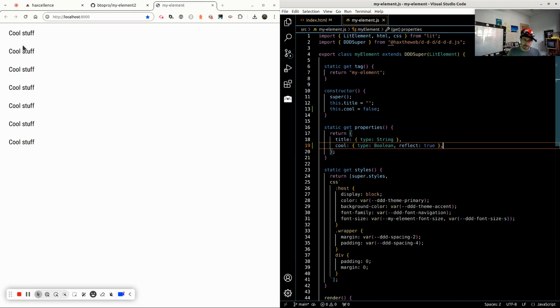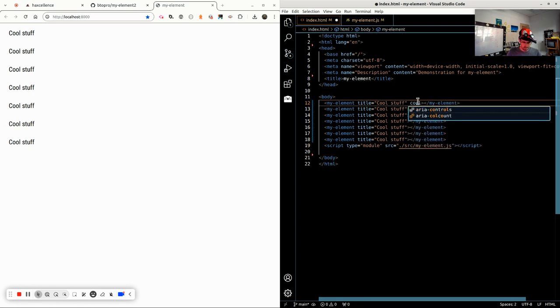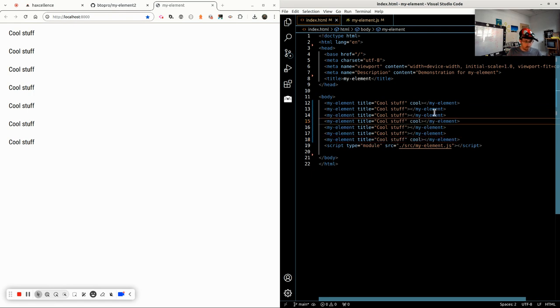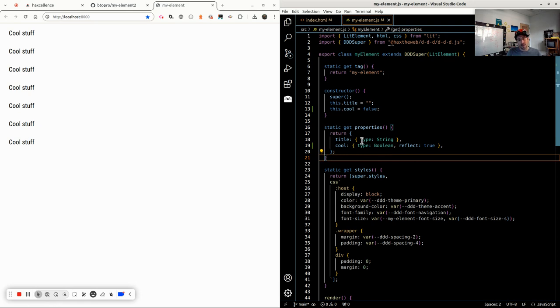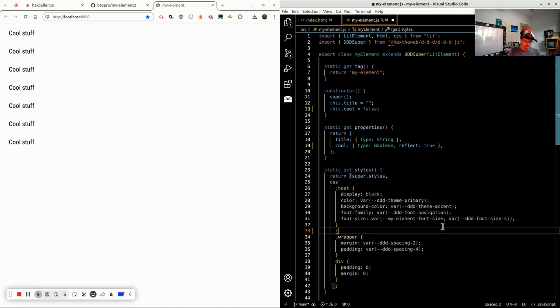And at first, that's not going to do anything, right? Now I'm going to come over here, and the very first element I have, I'm going to write cool. And actually, we'll do it on this one and some other random one, all right? So we've got three elements that are cool, and right now, nothing cool is happening. But we've added this property, which defaults to false, and now we're going to be able to add additional styling